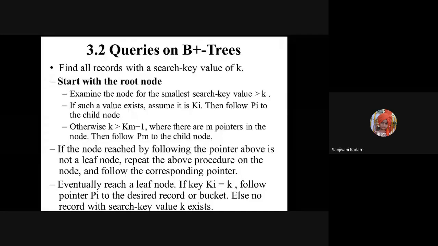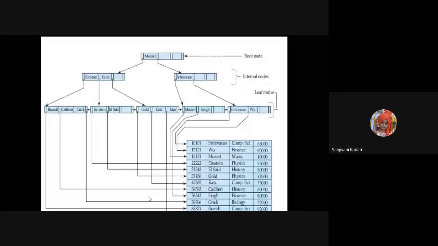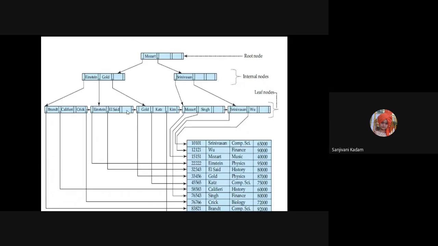So the main thing here is the search key. Search key refers to the attribute on which the index is based. For example, here we have the search key as a city name. Here in this example, we have the search key as a name. Right now in this example, there is no repetition of the name, that's why you might feel that there is only a unique record. No, if the tree index is based on the department name, then there can be multiple records with the same search key value also. So here name is acting as the search key on which basis the index is based.